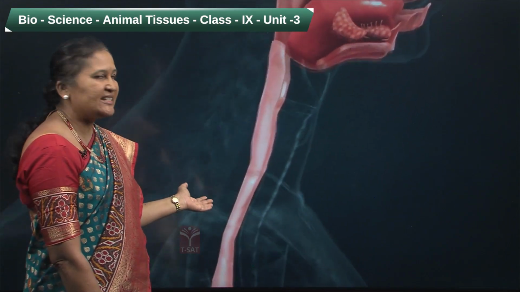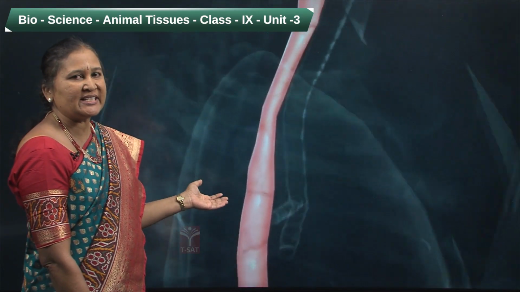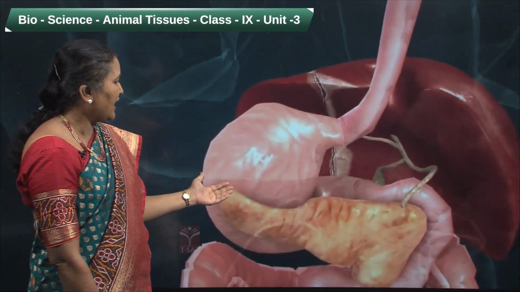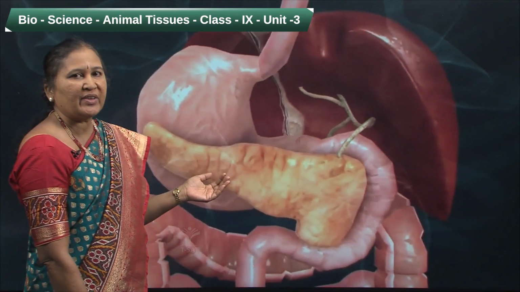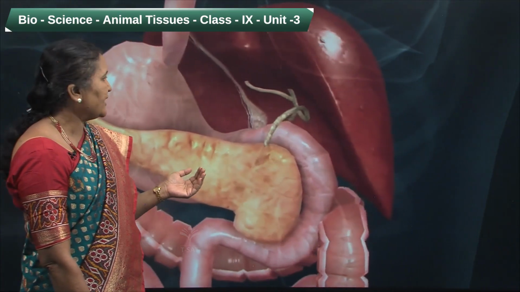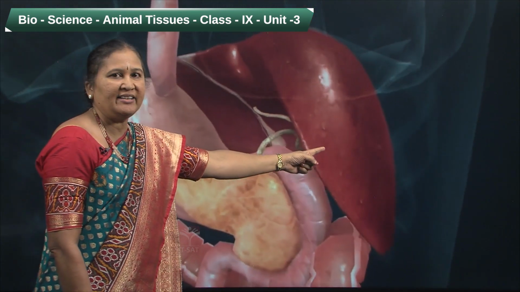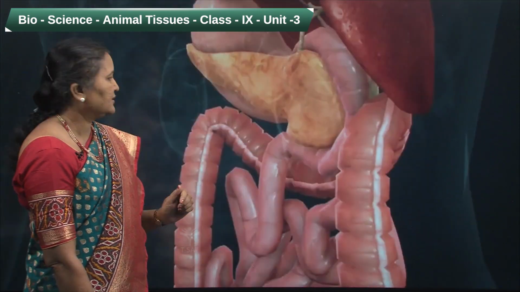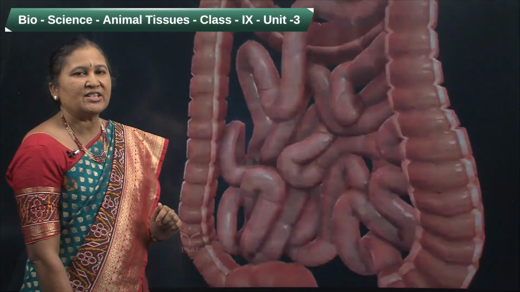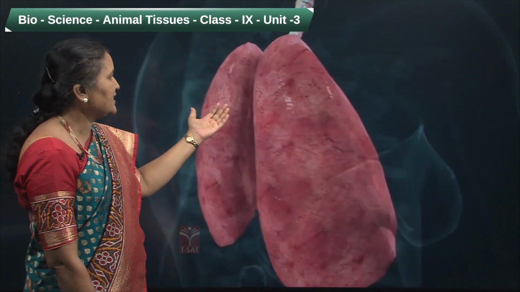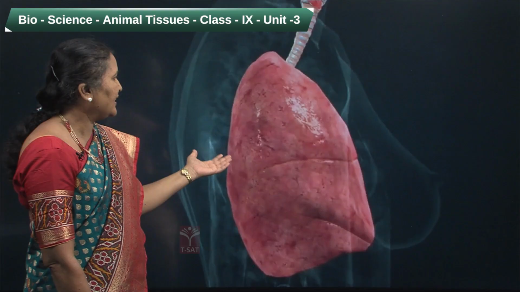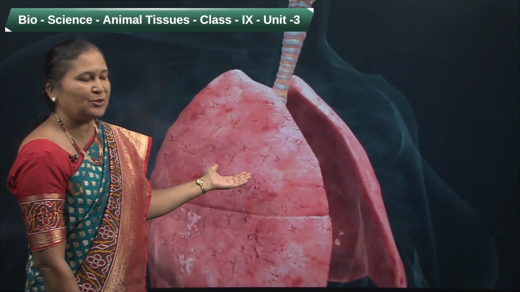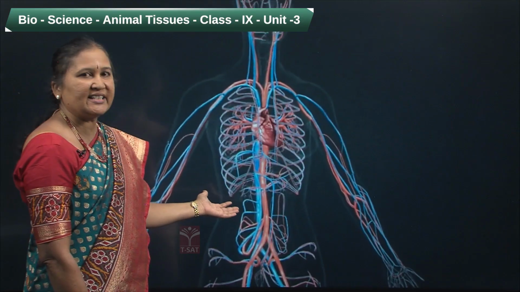And this is our digestive system, which helps us to digest the food. This is the long tube called the esophagus, and this is our stomach. And we can see the digestive glands also in this picture. This is the liver and this is the pancreas. Liver and pancreas secrete some substances which are helpful for digestion. And this is our respiratory system, and lungs are the main organs in our body which help us to breathe in and to breathe out.